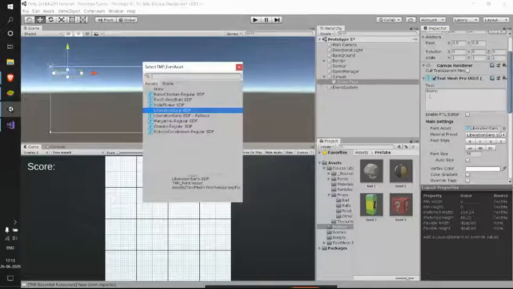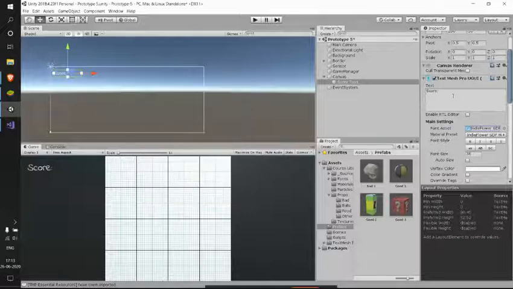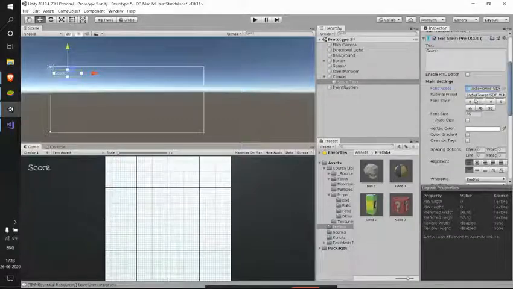Here I'll be using this particular Indie Flower. That's okay. Coming to this, I'll change my font style to bold and italic. Next I'll change my font size to 45, say.